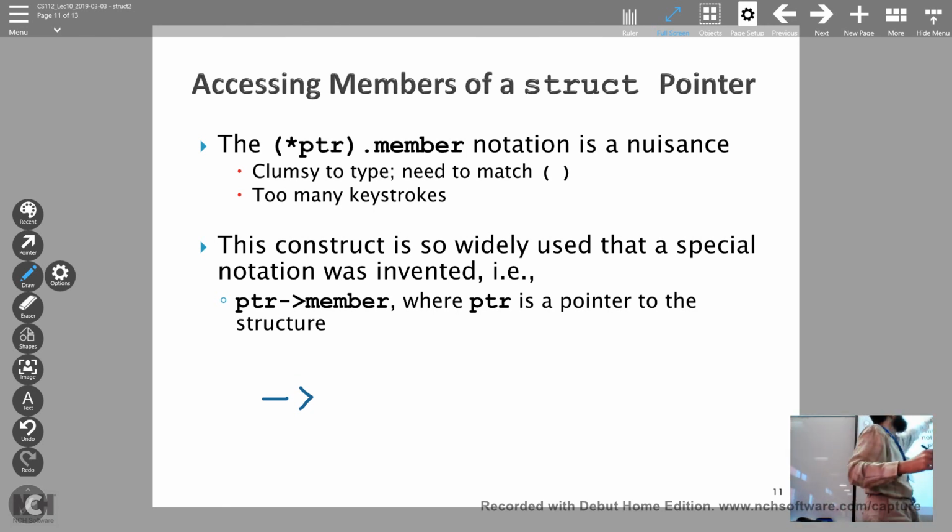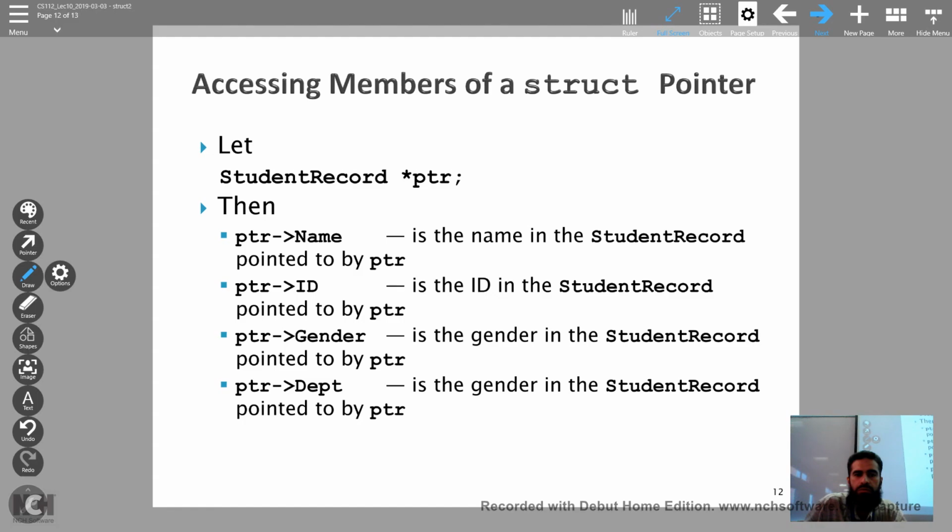Both of them together form what is called the arrow operator. Arrow operator does exactly the same thing. First, it dereferences the pointer. Second, it goes inside the pointer and gets the member. Okay? So you don't need to type every time the parentheses and the star. And it is more natural to read. So in that case, this is how you write it. Pointer arrow name, pointer arrow ID, pointer arrow gender, and pointer arrow department. واضح؟ سهل؟